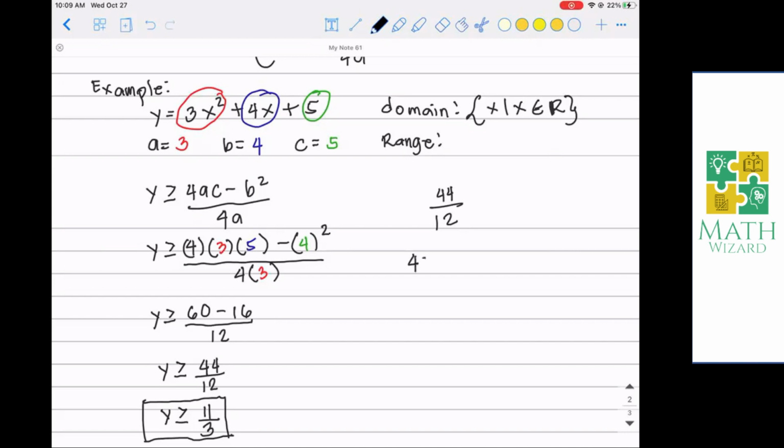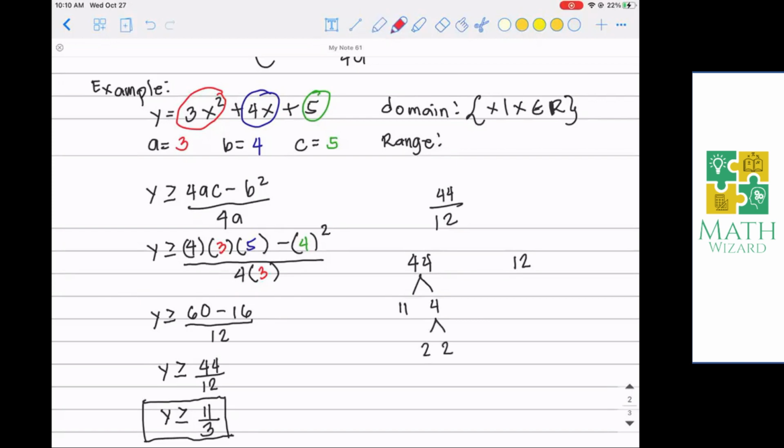Usually the most common is the factor tree. We have 44 and 12. What are the two numbers that, when multiplied together, give 44? That's 11 times 4. We have 2 times